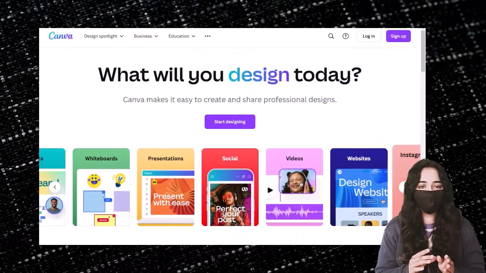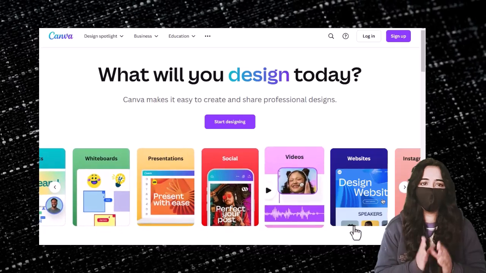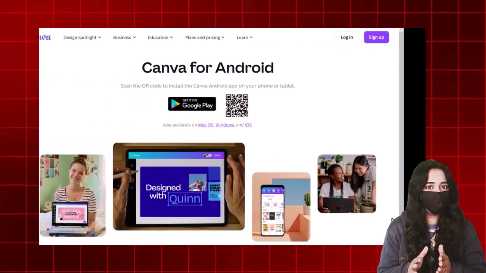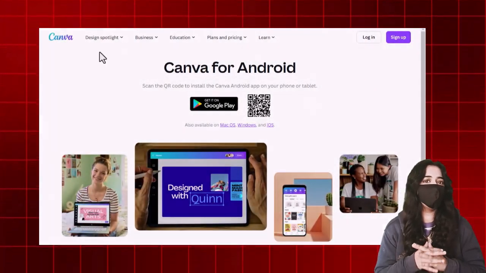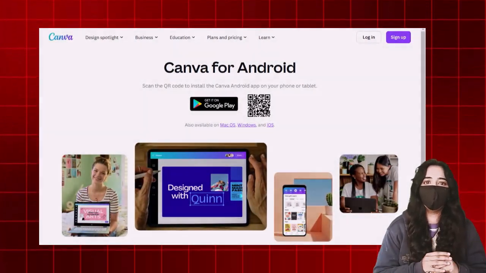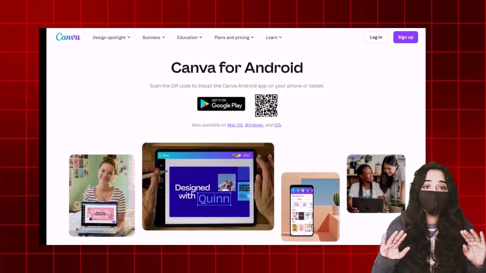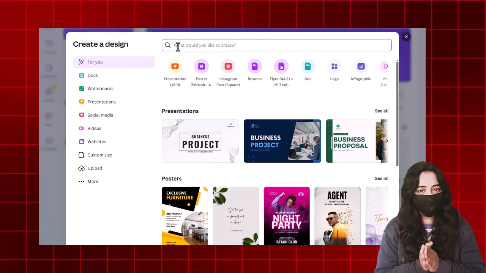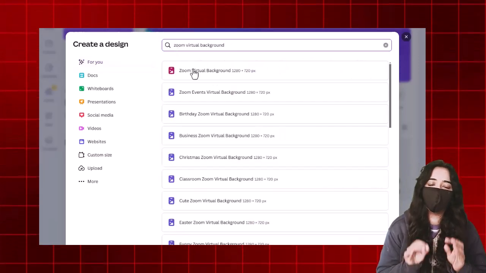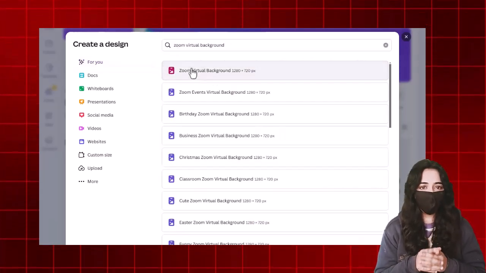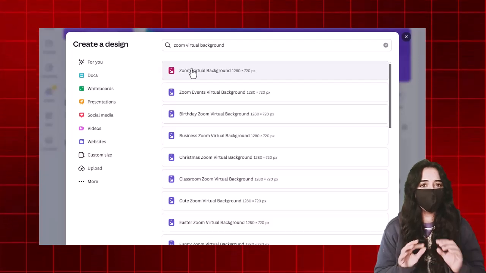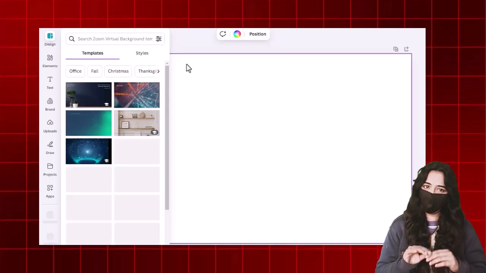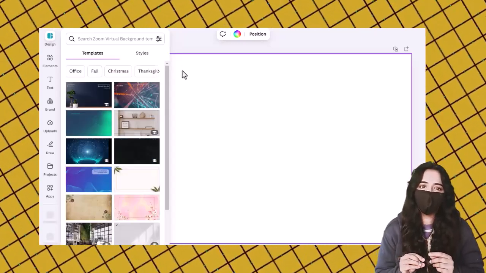The next step is to open the website canva.com. This is an interesting thing. Whatever work you do here, you can do on your mobile phones as well. So I am using it from a laptop because it has a wide screen. You can see it well. So you have to open the software, go to the search bar, and it is simple here. You have to write Zoom virtual background. See here, the option is visible, Zoom virtual background. So I clicked on the Zoom virtual background and I have this canvas. The blank canvas is visible in front of me.